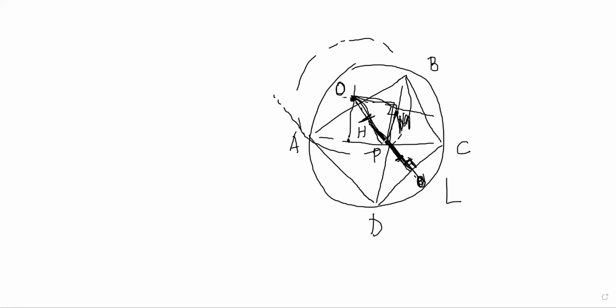We proved that OMP and PLD are similar, right? If you can prove that OMP and PLD are similar, then you will be able to prove that this angle is equal to this angle, which means that the vertically opposite angles are becoming the same. If the vertically opposite angles are the same, then the question is done. There is nothing left, right?